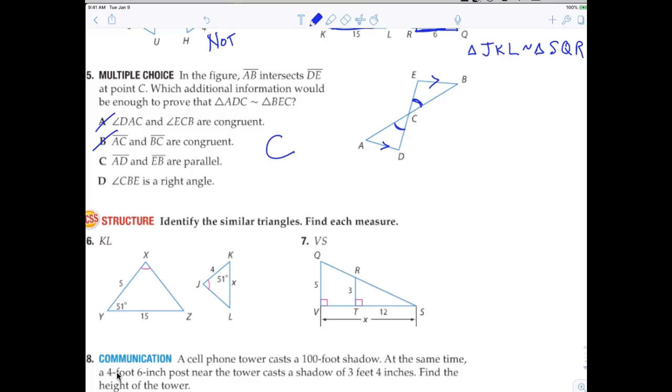I see how you got C, of course, but wouldn't D also work because CBE was the right angle? Okay, hold up. Let me write that. I'm going to mark it as a right angle. CBE is a right angle. Okay, so if that's a right angle, which I can definitely see,